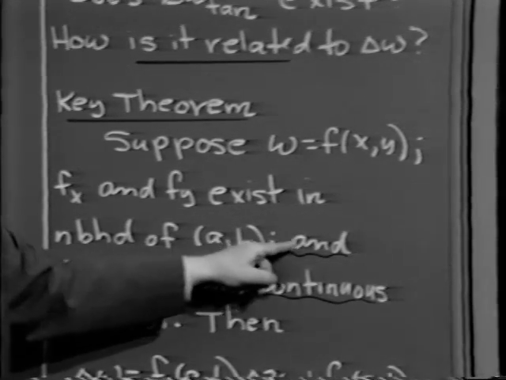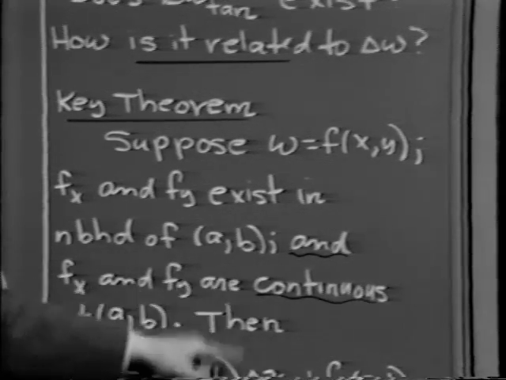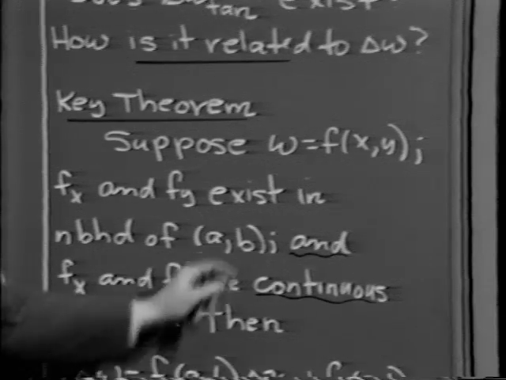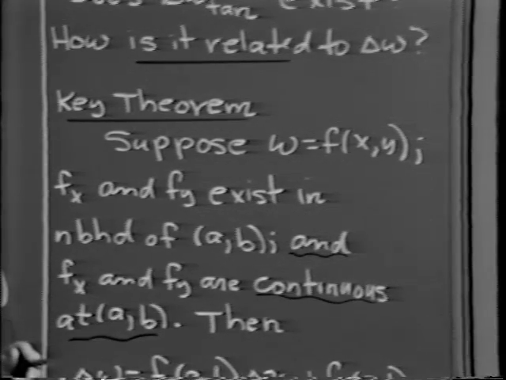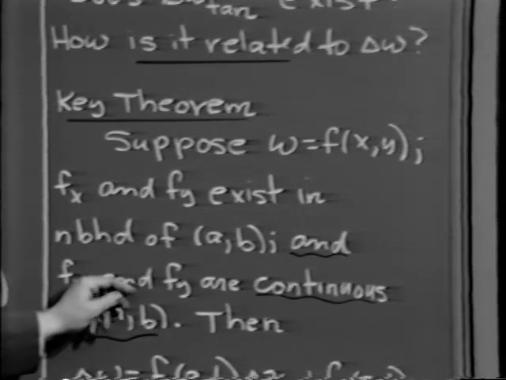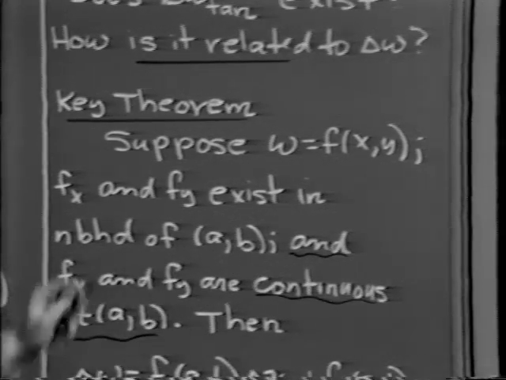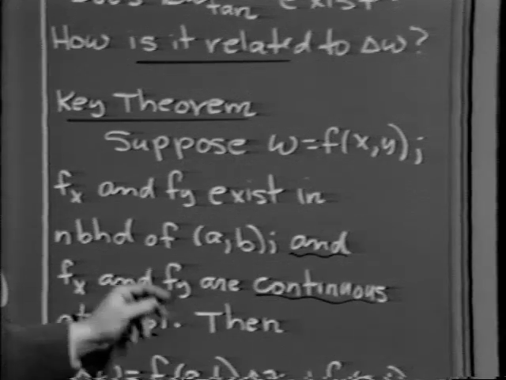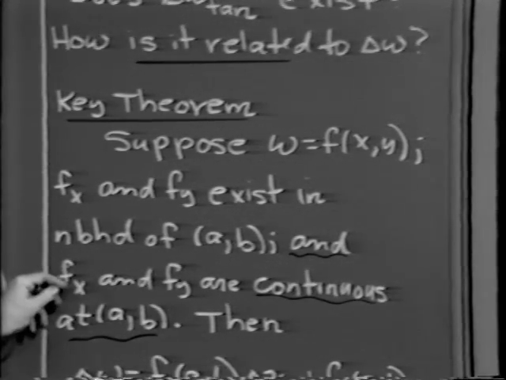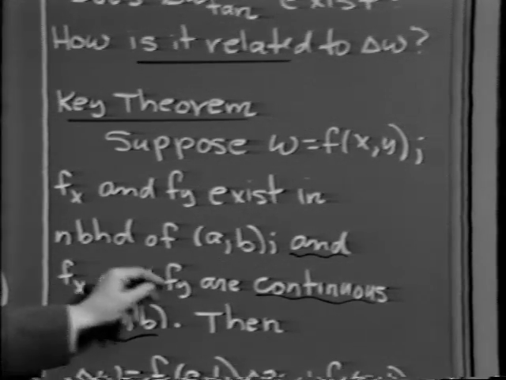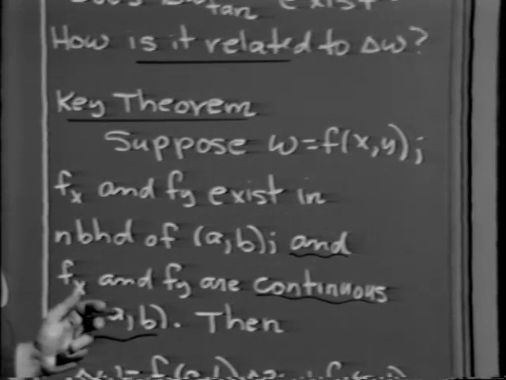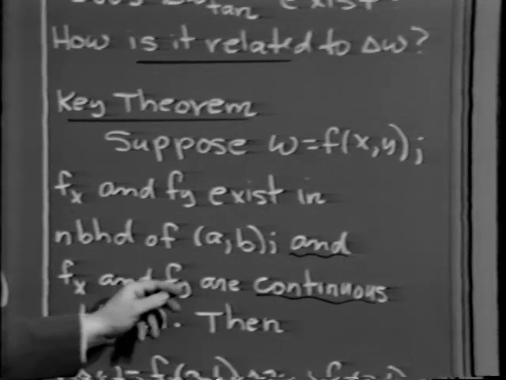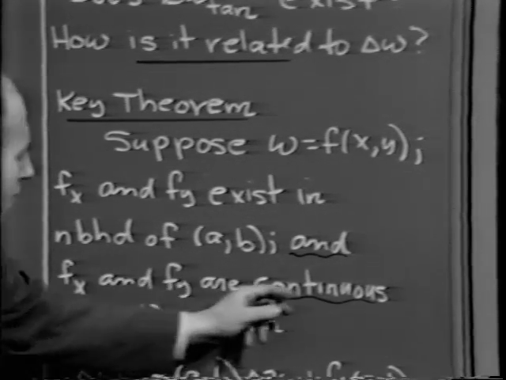Now, here is the key additional hypothesis. Suppose also that f sub x and f sub y happen to be continuous at (a, b). My claim is that if this additional hypothesis is obeyed, the tangent plane will exist. In other words, it's not enough for the directional derivative to exist in the x and y directions in order to guarantee that the directional derivative will exist in every direction, but it is enough provided that these directional derivatives